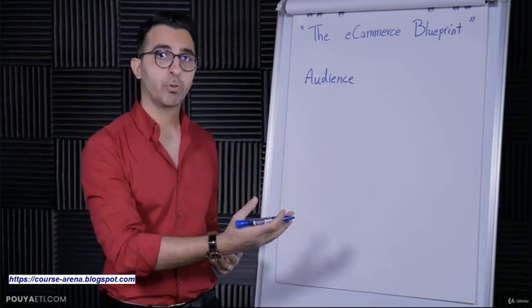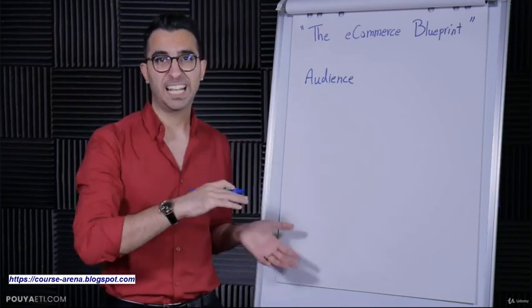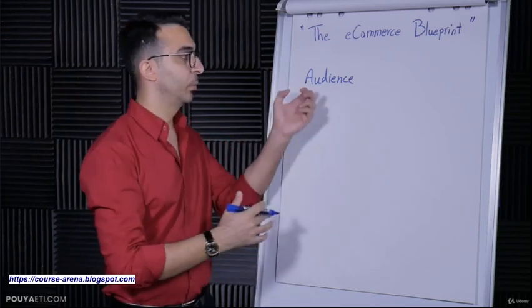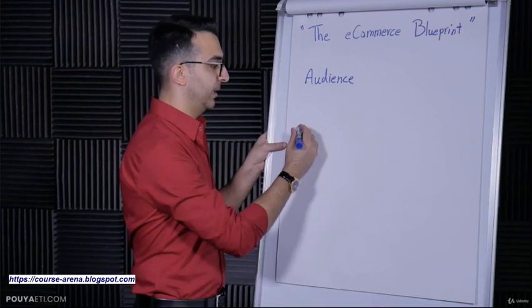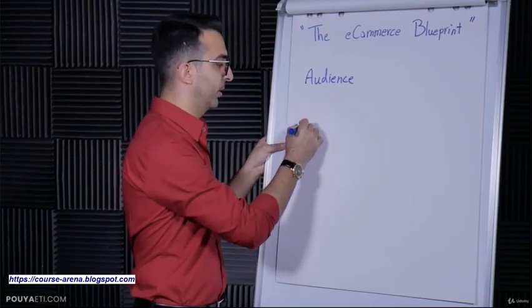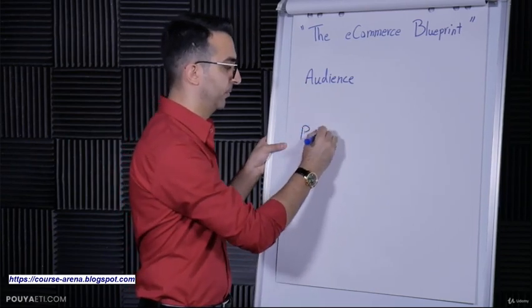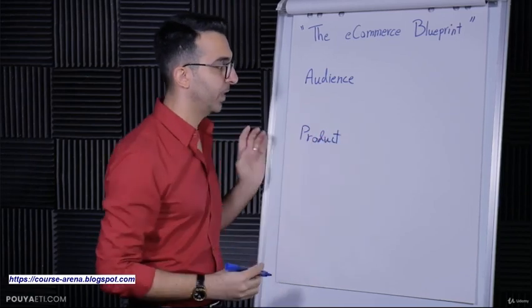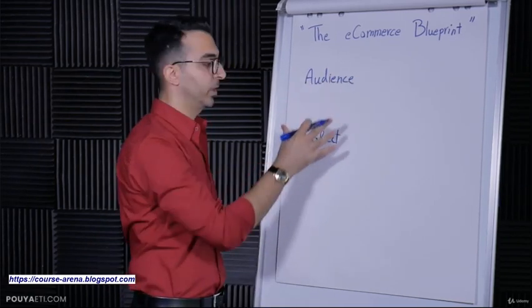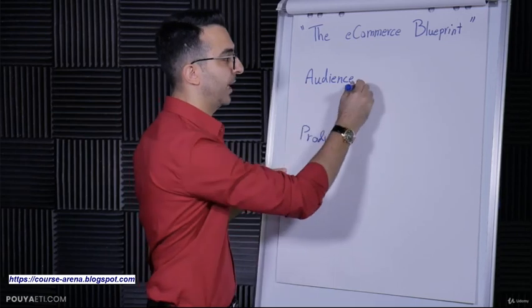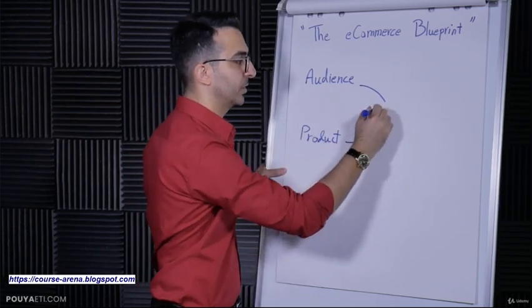So in the next couple of sections, we will get to audience. Then we need to learn more about the product. When we learn more about audience and product, then we can go to the next step, which is about